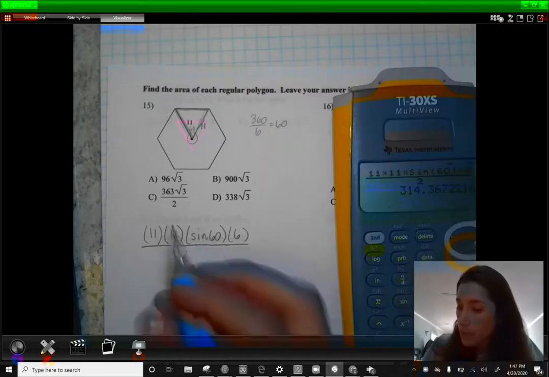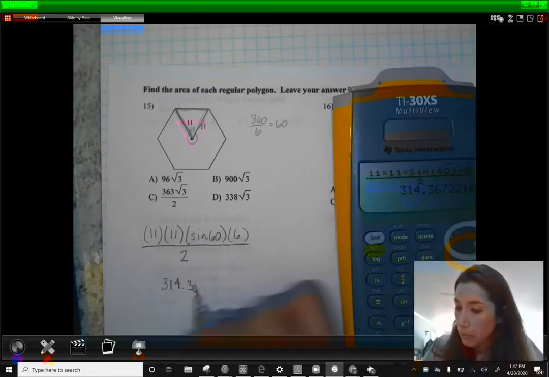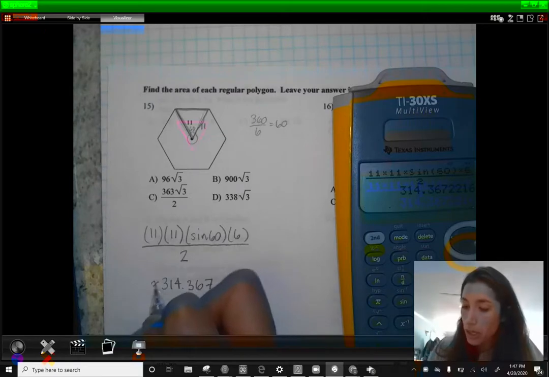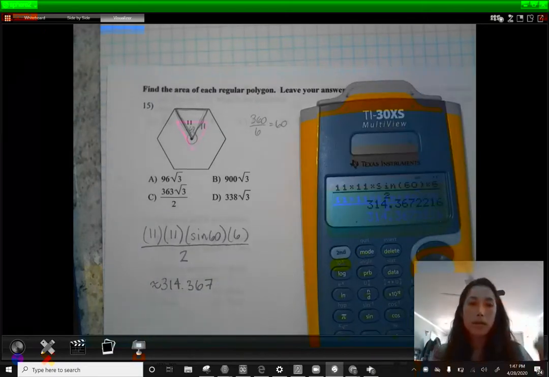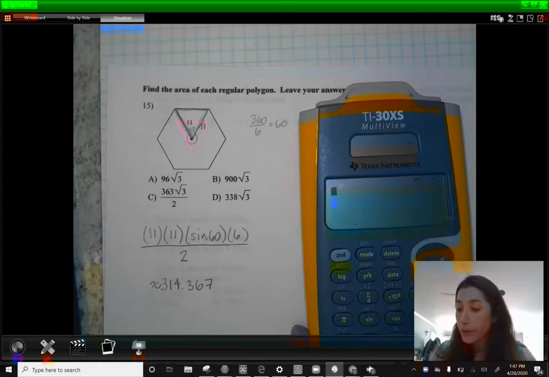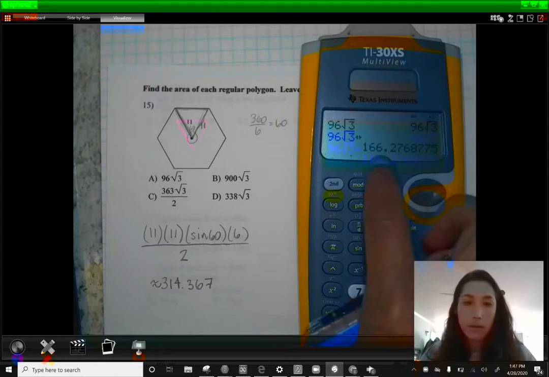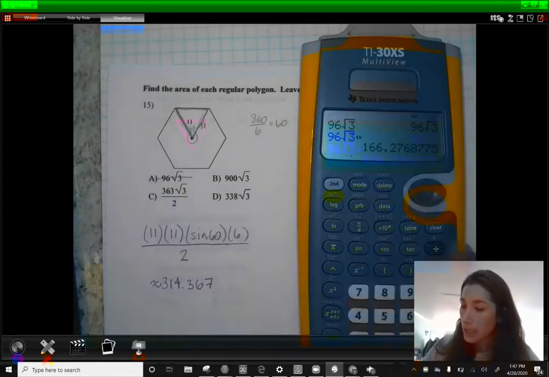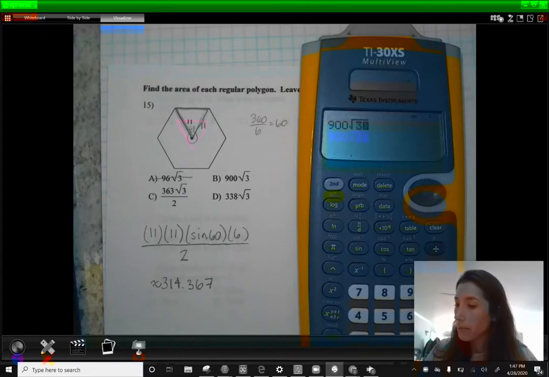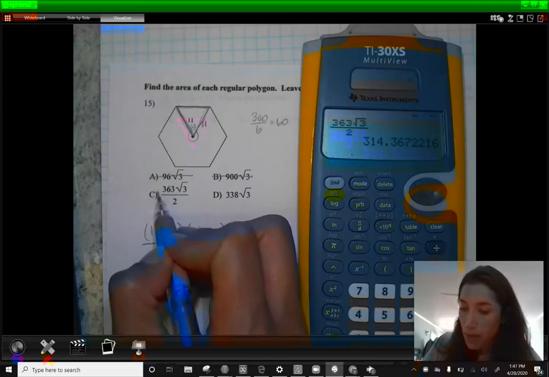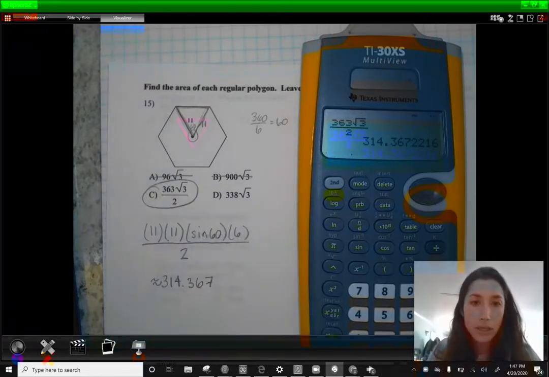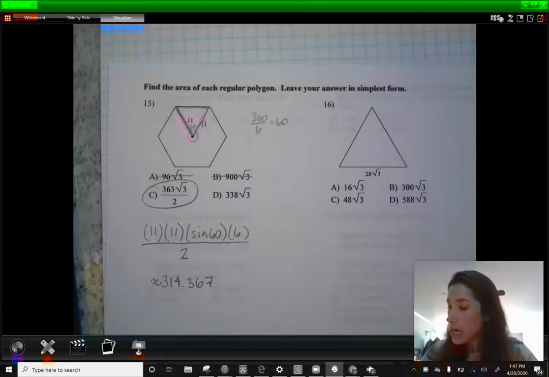So my solution for this is 314.367, we'll say, and that's an approximation. And I can't on this calculator turn a decimal back into a radical form. So what you're going to need to do is try 96 square root 3. Let's see what that approximation is. Okay, it's not the same. Let's move on to 900 square root 3. Okay, not the same. Let's move on to 363 square root of 3 all over 2. And we've got a match. There we go. And you could check the last one too if you needed to. Okay. Our next question, I'll show